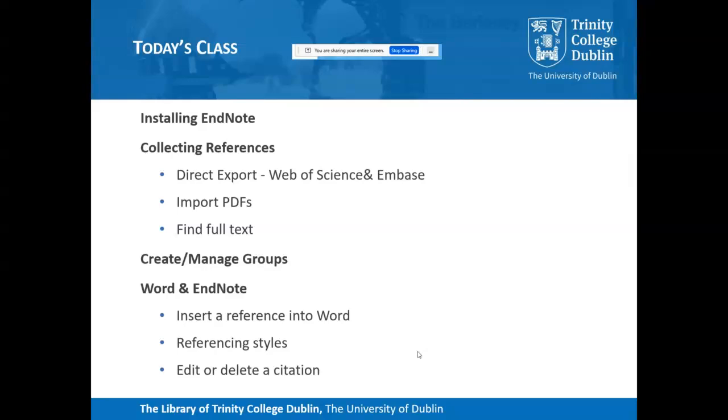So sometimes we have researchers or students who have a folder of PDFs that they want to bring into their EndNote library. We'll show you how to do that, and we'll show you how to attach full text to your references. Then within EndNote, we will create and manage some groups, and then we'll see how EndNote and Word combine together. So we'll insert a reference into Word, we'll remove a reference, we'll have a look at the different styles, and then we'll find out how to edit or delete a citation.